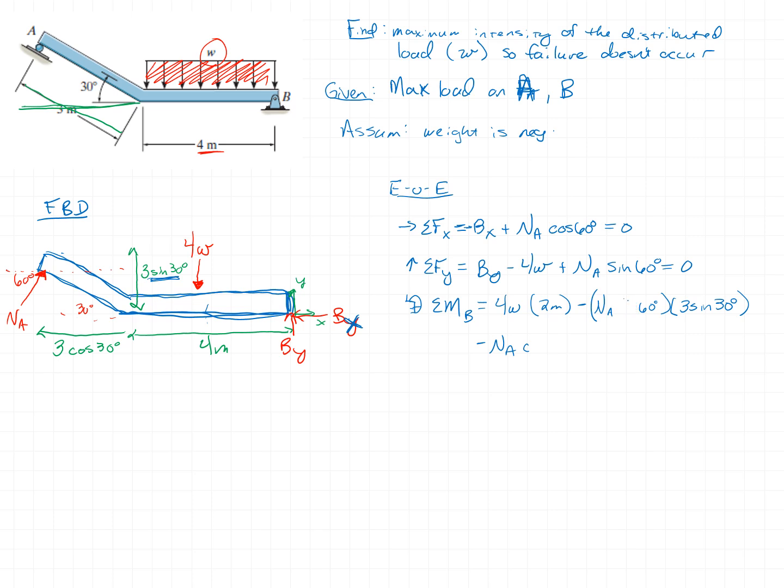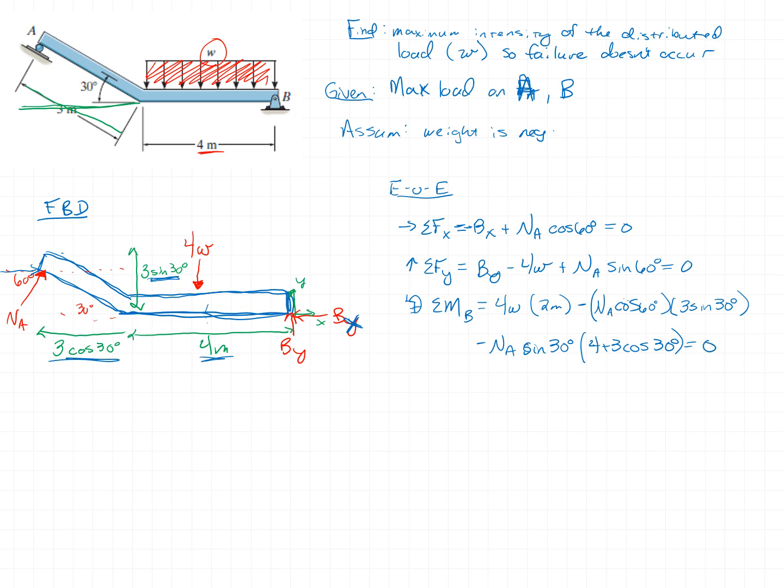This should be the x component. So this component here, the x component, has a moment arm of this, and then my y component, NA sine of 30, has a moment arm of this plus this, 4 plus 3 cosine of 30 degrees, is equal to